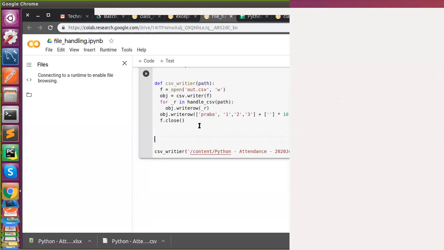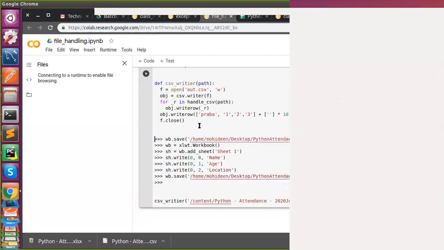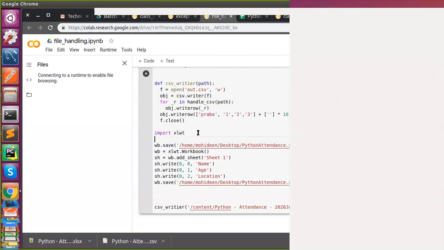Here it won't work because this module is not available. We won't be able to install it in Google Colab, and it will raise an error if you do. So I will disable this. You can copy paste it on your machine.